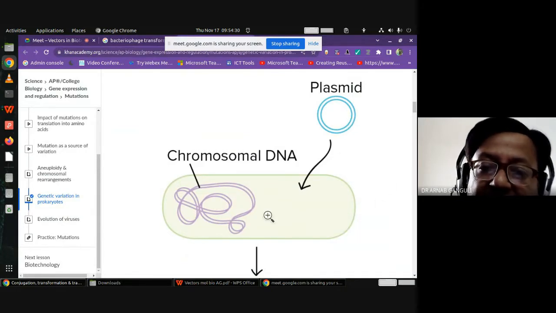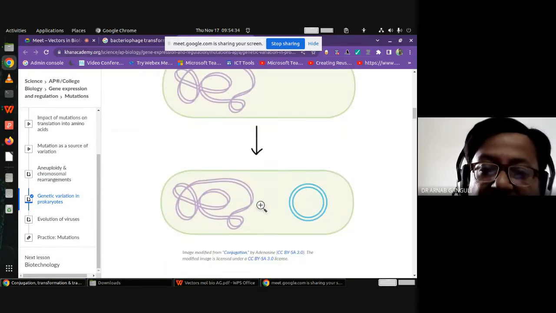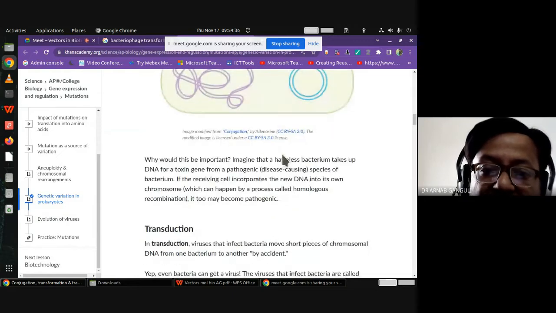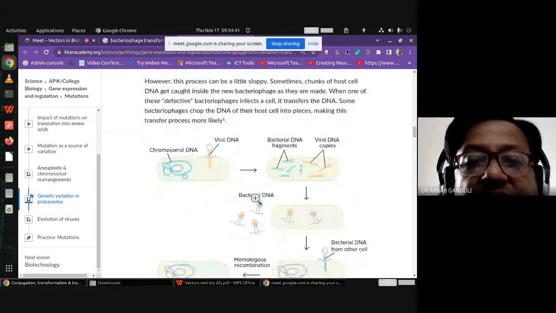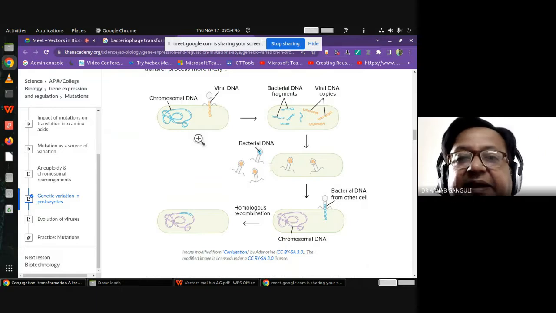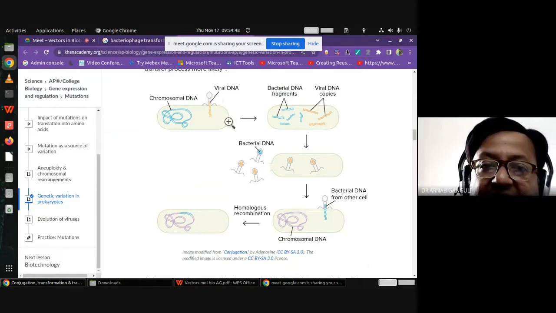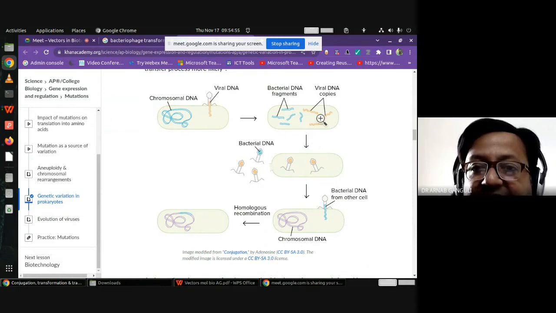You have seen a plasmid. It gets inside chromosomal DNA. This is the normal thing. Now here what you have is the viral DNA, this virus, with packaging material. Along with packaging material and DNA, you infect the particular bacteria with this virus. So viral DNA copies, and what happens is you will have lots of bacteriophage